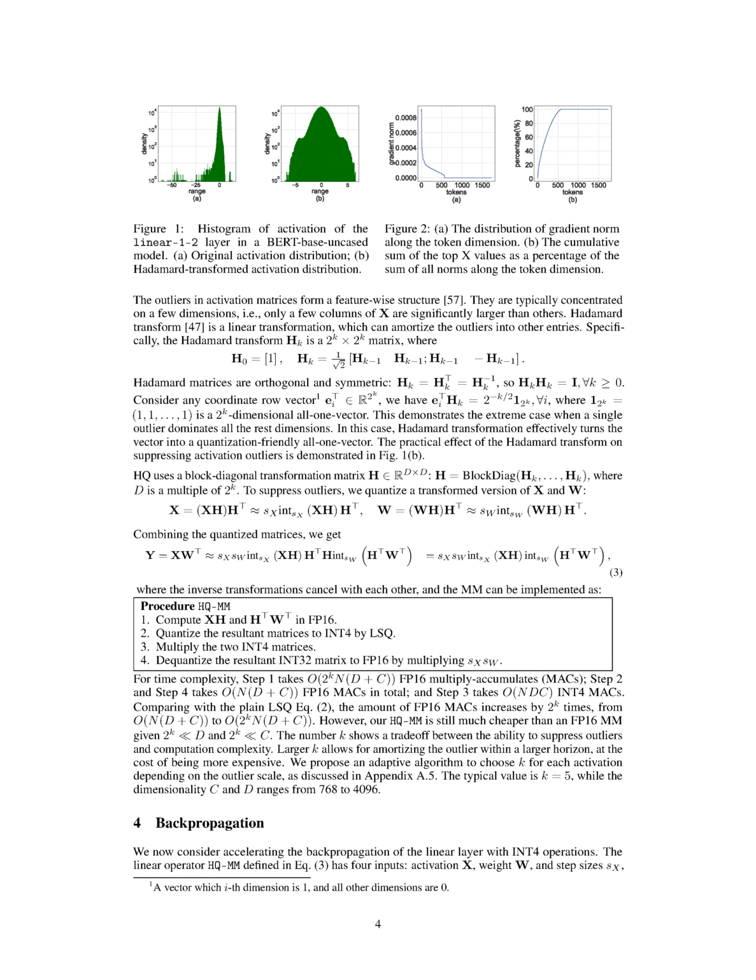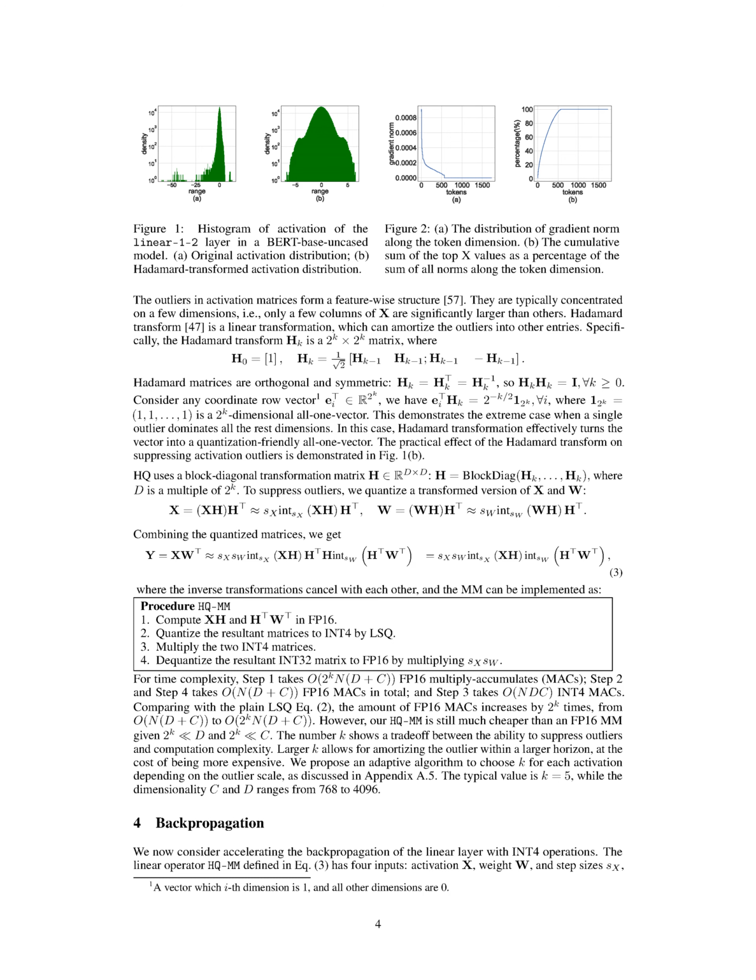Block diagonal transformation matrix is used to suppress outliers. The HQM procedure involves computing, quantizing, multiplying, and dequantizing matrices, and the number k shows a trade-off between the ability to suppress outliers and computation complexity. Section 4. Backpropagation. In Section 4, we discuss ways to speed up the backpropagation process of the linear layer by